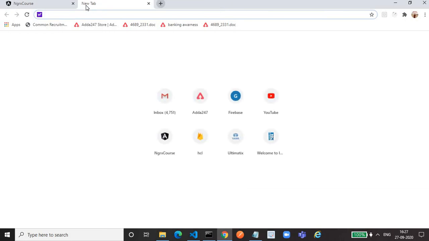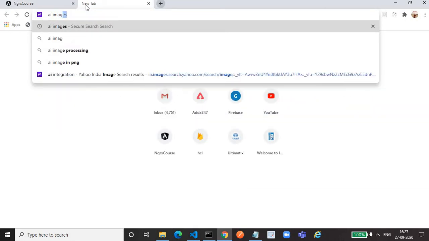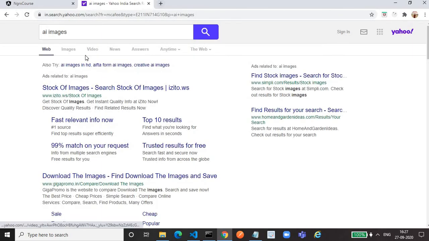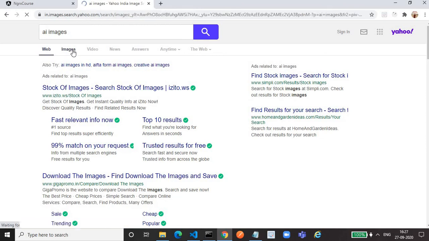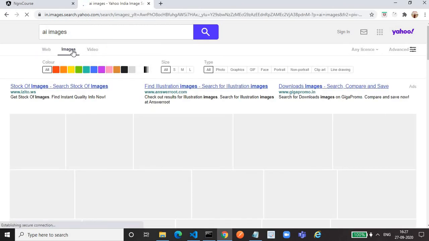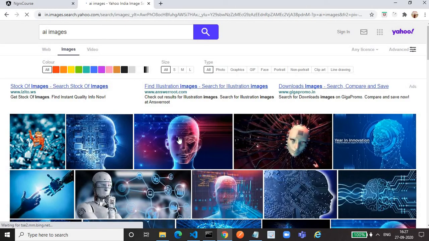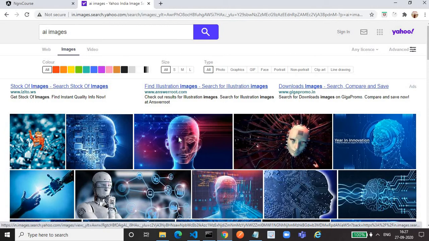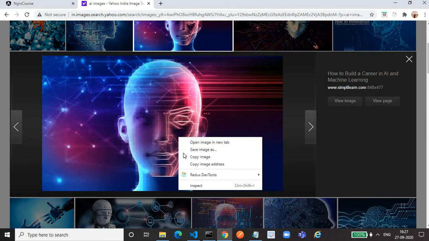We need an image of the course, so that it will display the newly created course. That's why I am searching for an AI image. I will take this image, copy the image address.